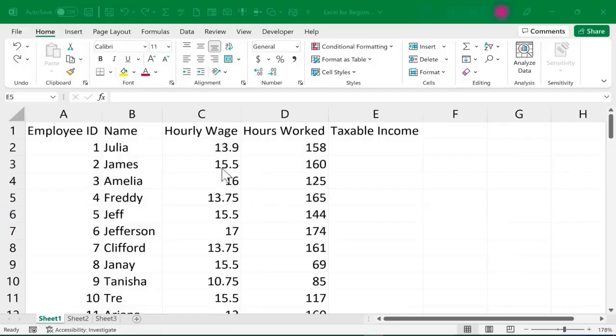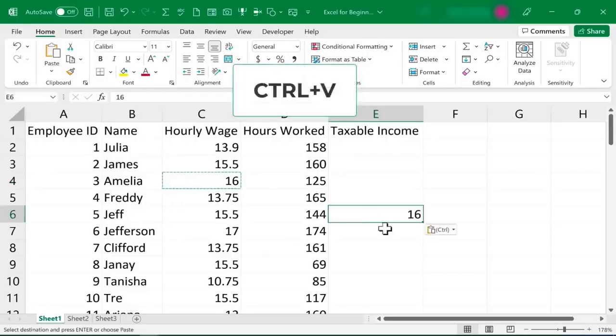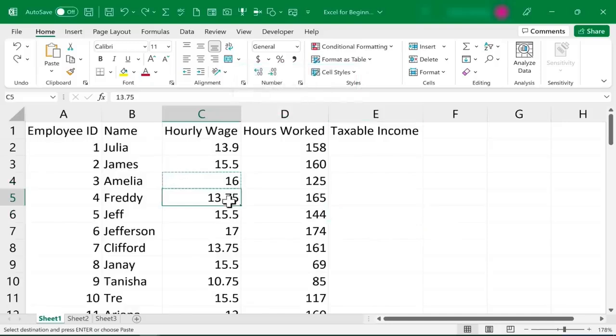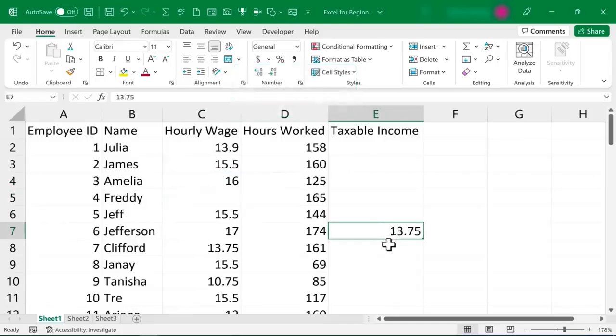I've now updated some of these hourly wages and I've put in all of the hours worked for each employee. One last thing I want to show you about entering values and managing the data that you put into Excel is how to move the contents of cells. We've already looked at how to copy paste by clicking on a cell or range, Control C to copy, Control V to paste. You could also do a cut paste, Control X to cut,